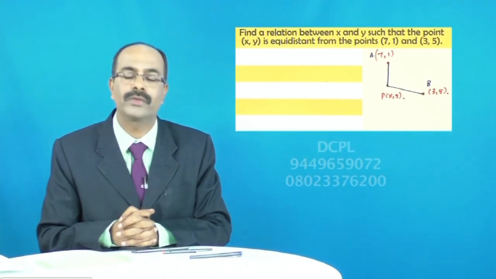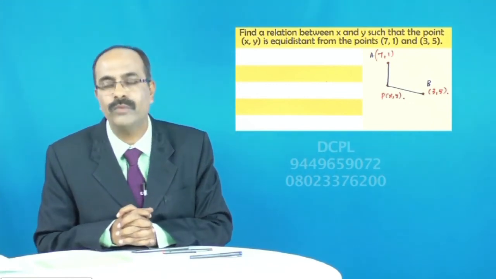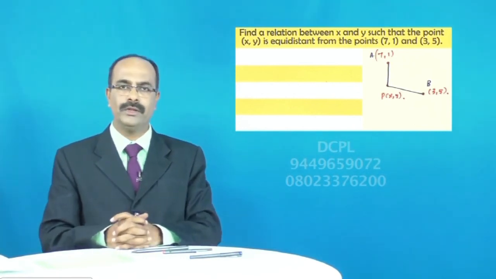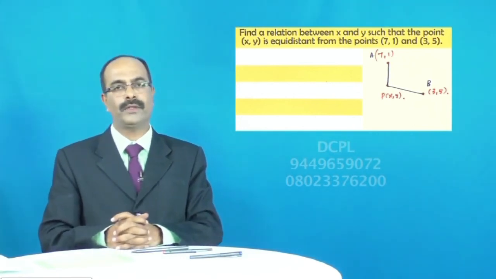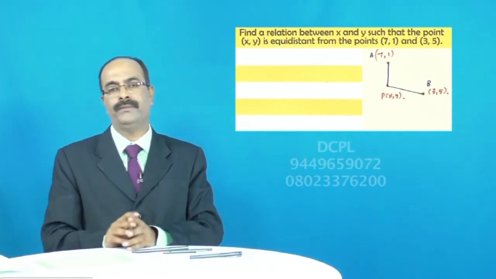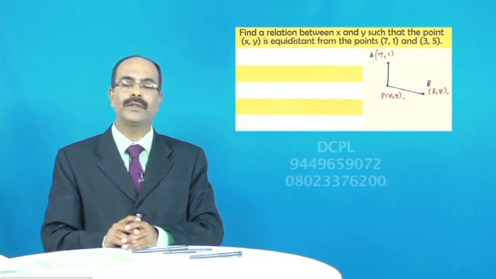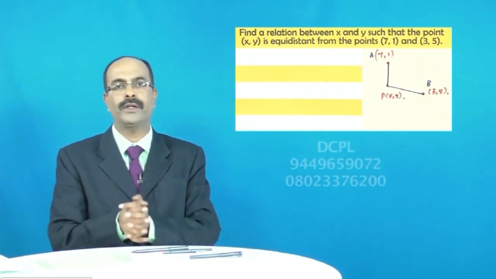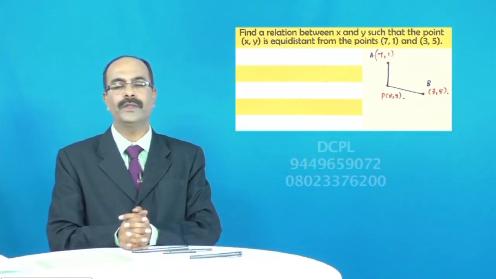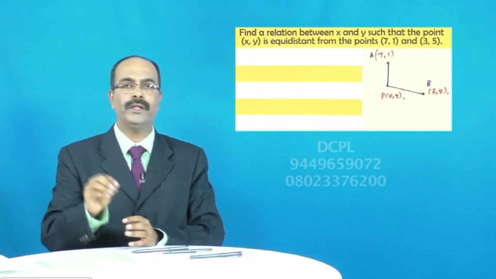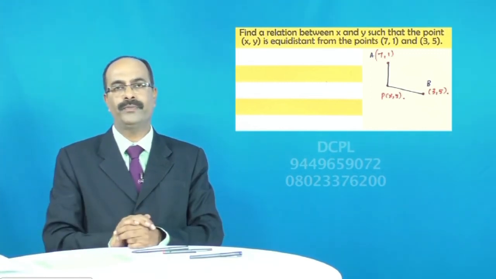Dear students, you should know this. The distance between any 2 points is given by a very simple formula. Square root of x2 minus x1 whole square plus y2 minus y1 whole square. So what is the first step? Find out PA. What is the formula that we have to use? That is square root of x2 minus x1 whole square plus y2 minus y1 whole square. And then what are x1, y1 and x2, y2 here? Consider x2, y2 as x comma y. In place of x1, y1, write the coordinates of A. So you'll get PA.